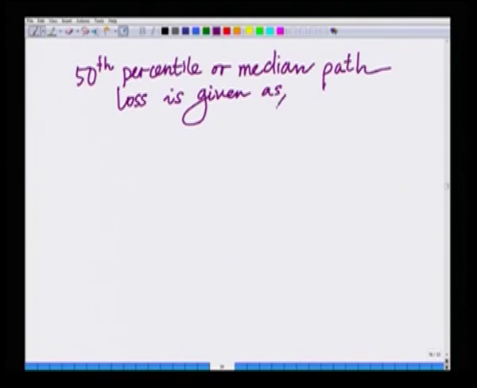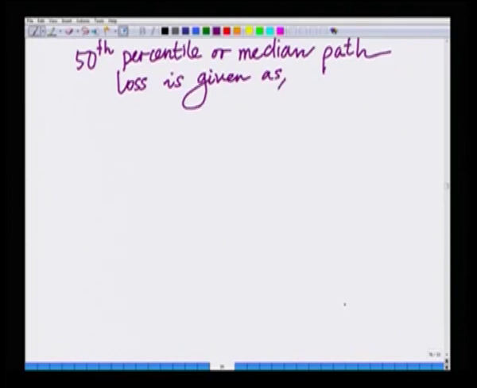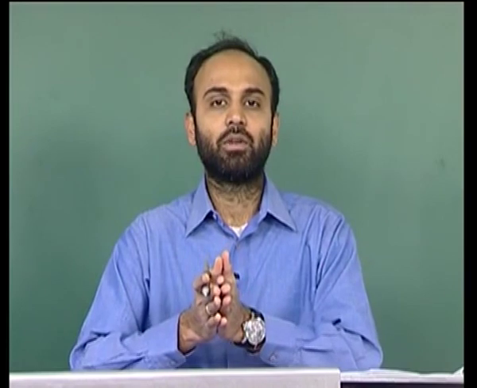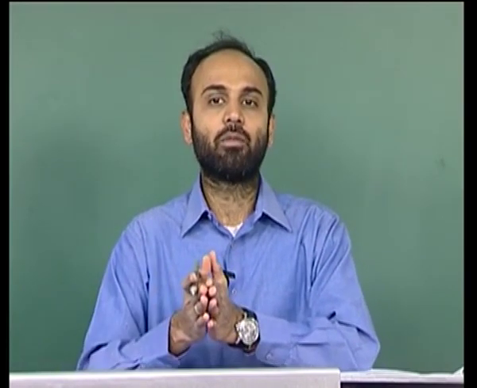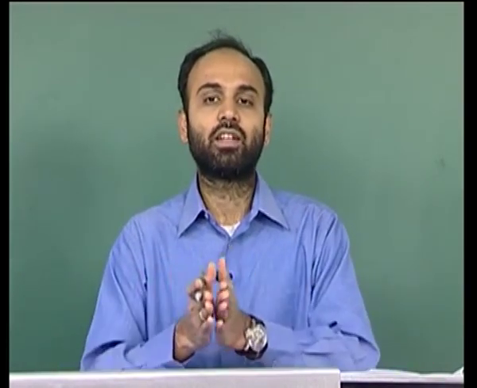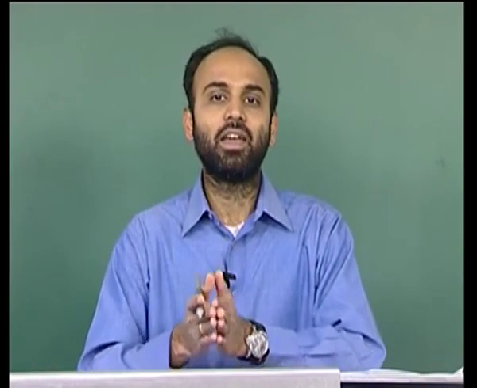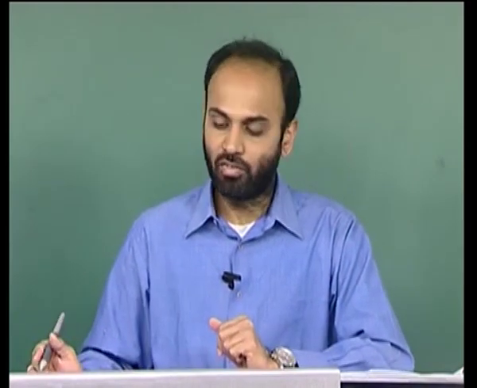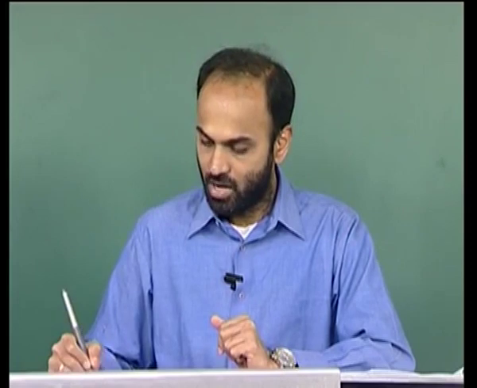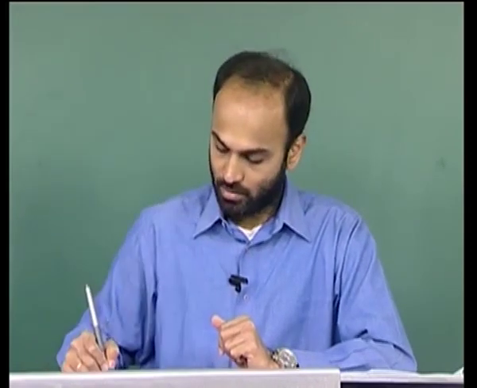What is the 50th percentile? The 50th percentile essentially says that half of the measured values lie above this, and half of the measured values lie below this. So, that is essentially the same as the median path loss. Alright. So, the 50th percentile, or the median path loss, is given as